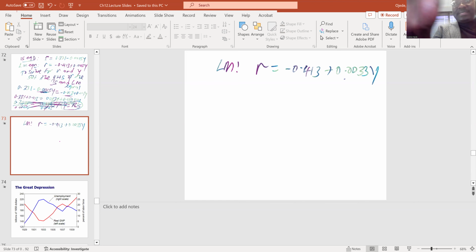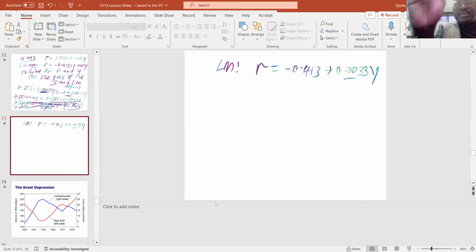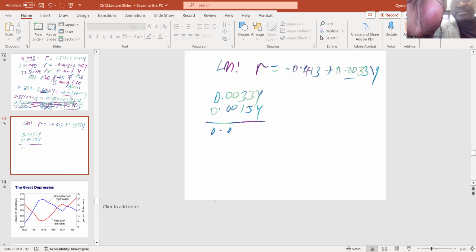So when I was trying to add it here, you're just adding another 0.33 here. See that? So when you add 0.0033Y to 0.0015, there you go. You get 0.0048Y. There you go. And that must equal to